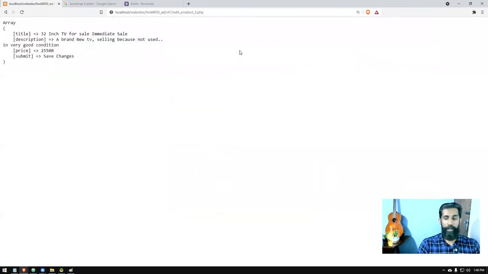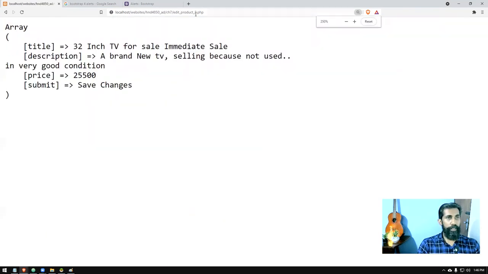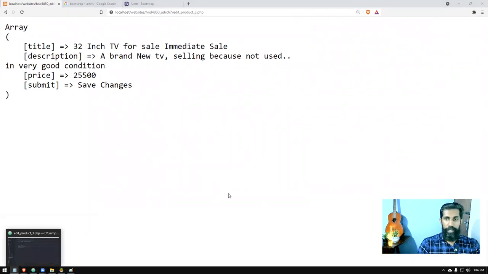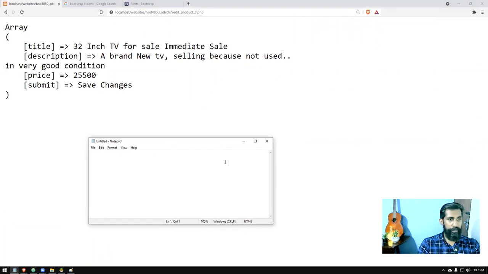Right now we are ending up in the edit product 3.php file. Values we have brought from the previous page to this page. Right now, when you want to update this record, this is the first record. So how should I write the command? I'll tell you the practical problem here. You need to type the command like this,